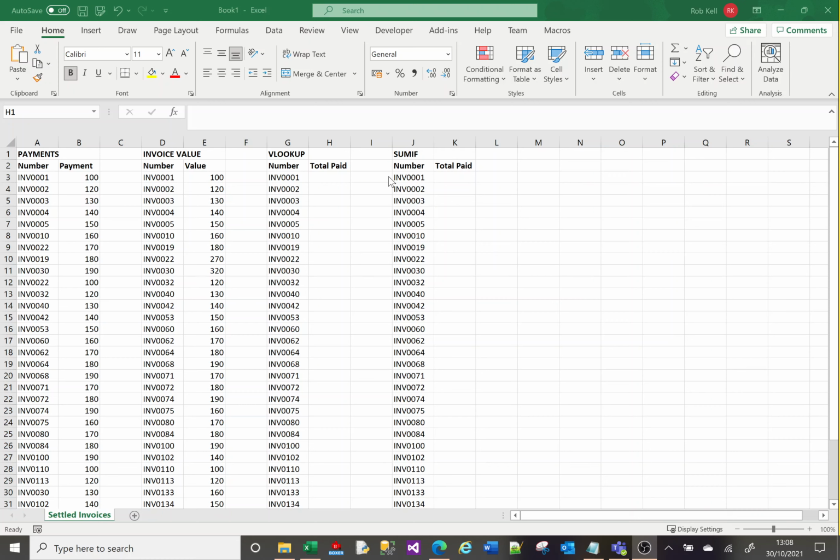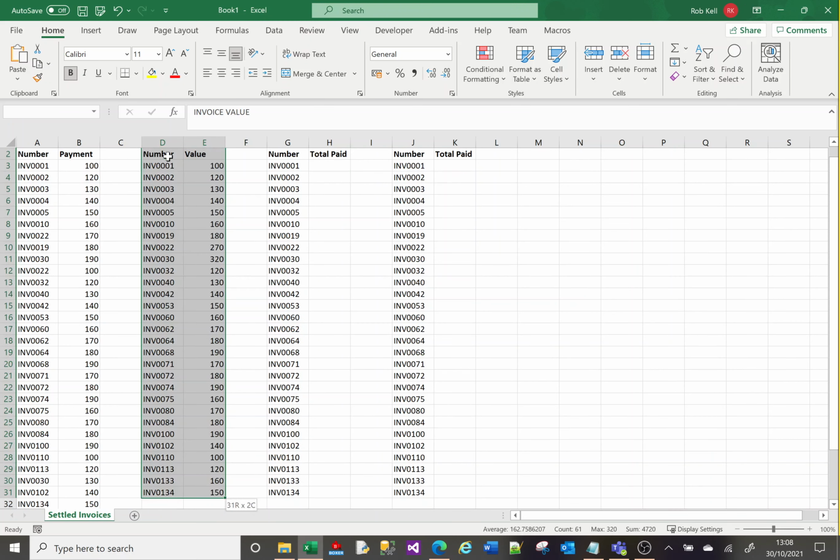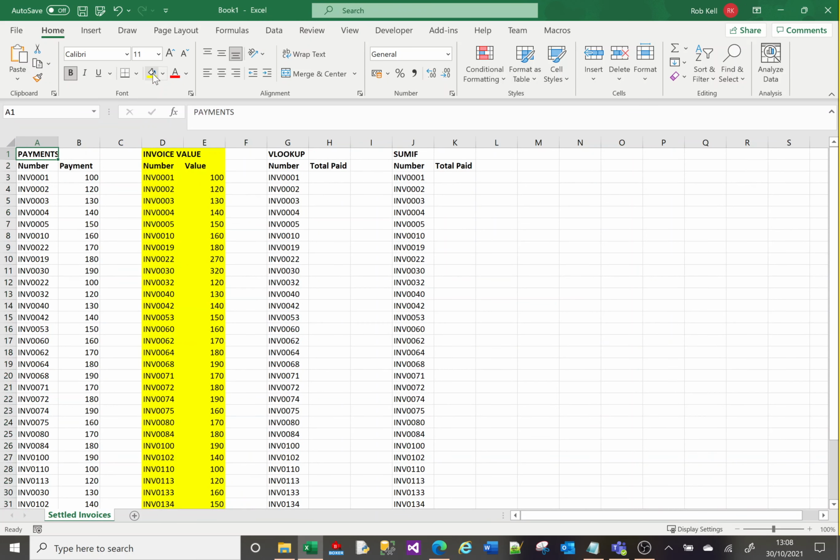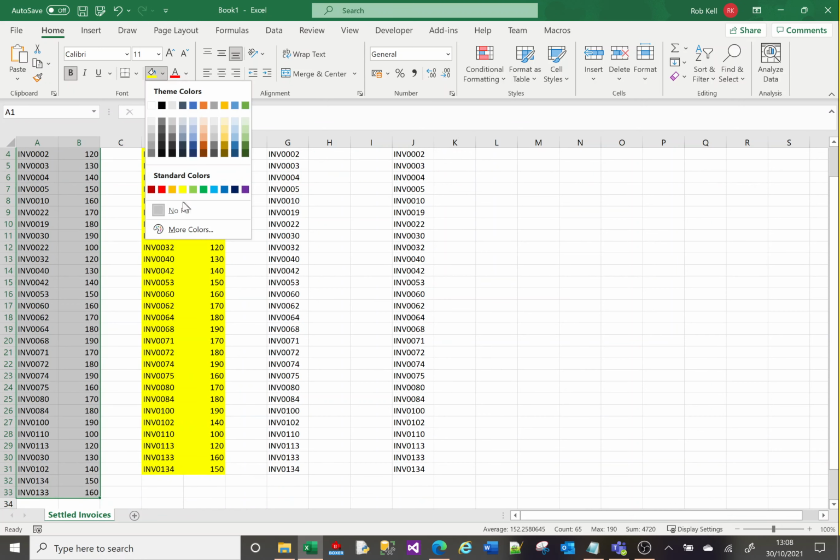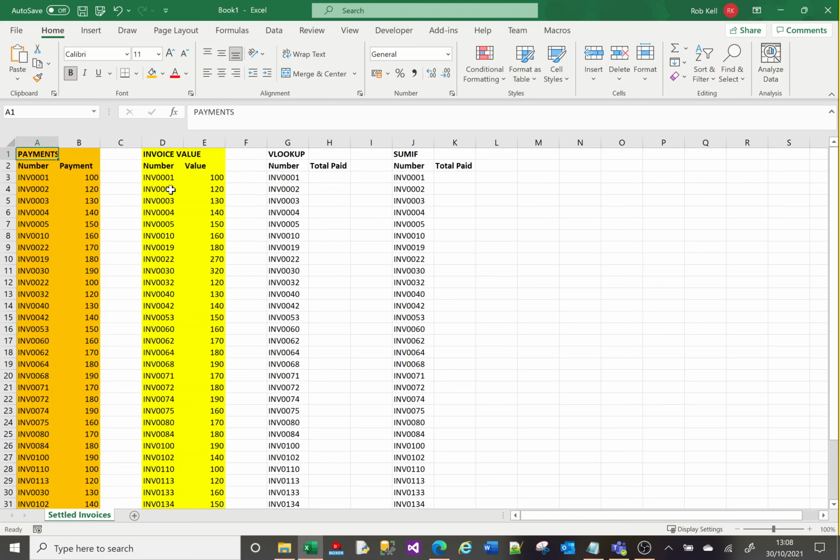On screen I've got a list of invoices, and a list of payments for the invoices. This list of invoices are invoices that are settled. And then I've got a list of the payments here, and I want to work out whether the settled invoices have been fully paid or not. So I want to somehow work out the payments here and compare those payments to the invoice